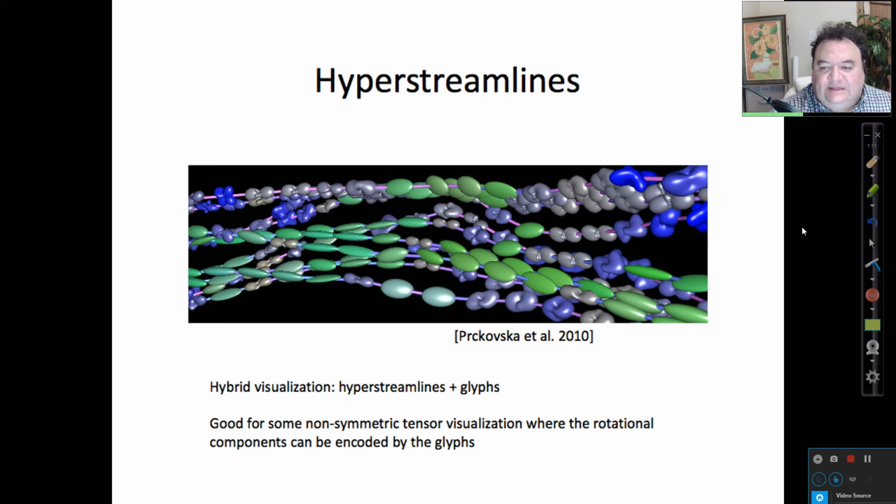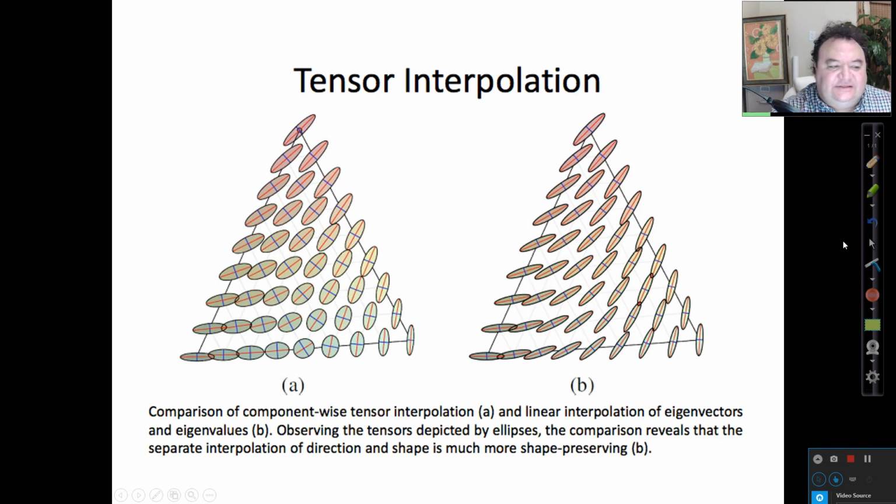In building this type of representation, it's important to see what we can do best to interpolate the glyphs themselves. So, for example, if we have these three glyphs at the corners of this triangle, and we want to compute all the directions of the glyphs interpolated in the triangle itself,